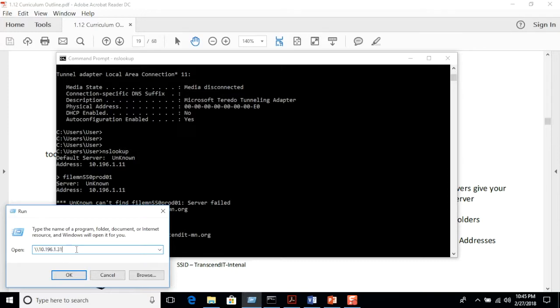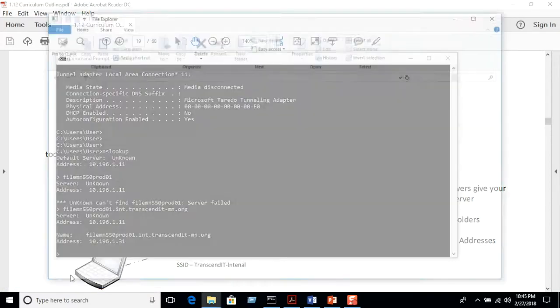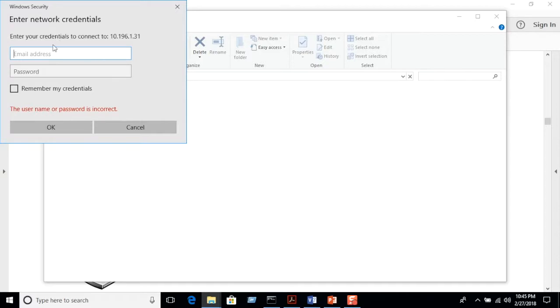In this case, we're using the IP address. If I hit OK, now it's trying to connect to that IP address. And the reason it's prompting me for login is because I was connected to the name before, and now I'm connecting to the IP address. So it's wanting me to re-authenticate myself. So I'm going to have to put in